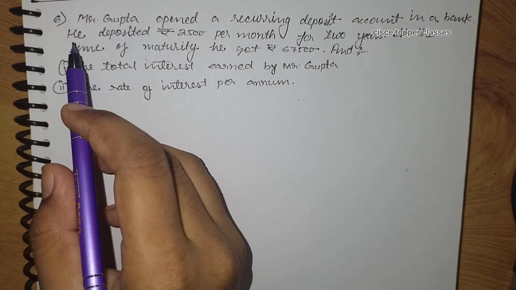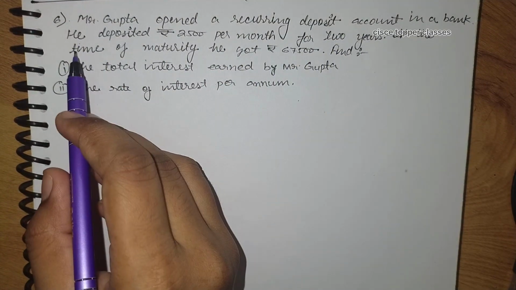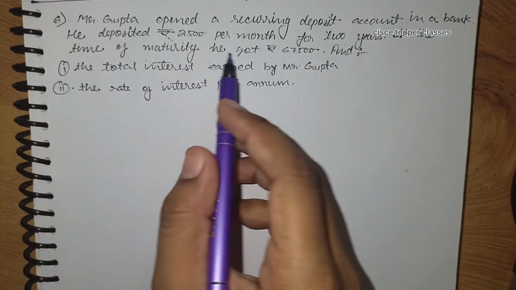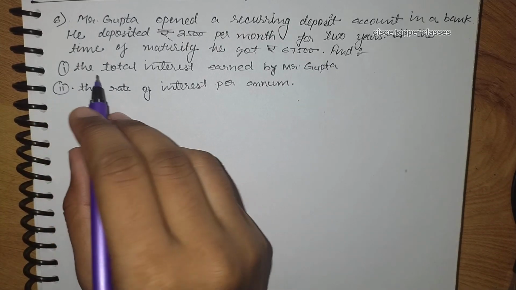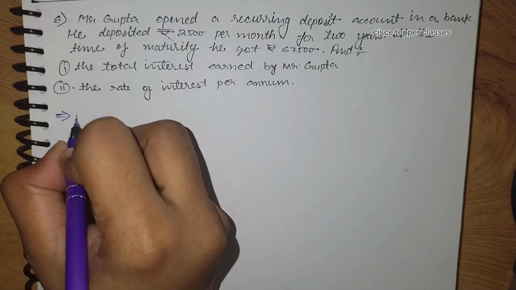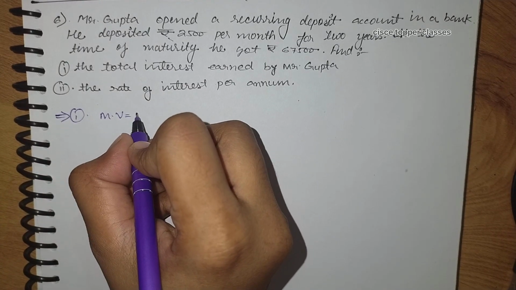Now let us solve question number 6 here. Mr. Gupta opened a recurring deposit account in a bank. He deposited rupees 2500 per month for 2 years. At the time of maturity, he got rupees 67,500. Then we have to find the total interest earned by Mr. Gupta. So here in the first part, interest value we can find from the formula for matured value, which is